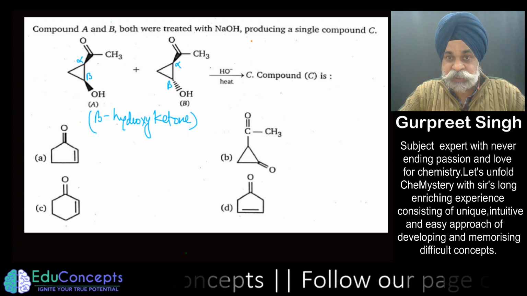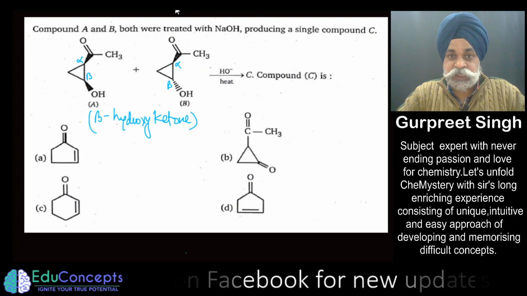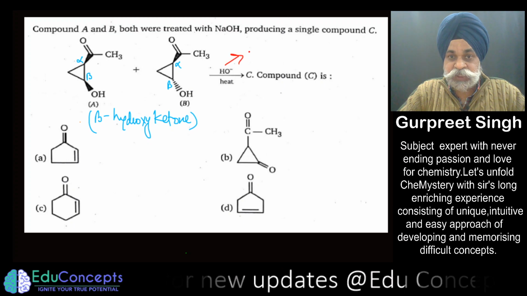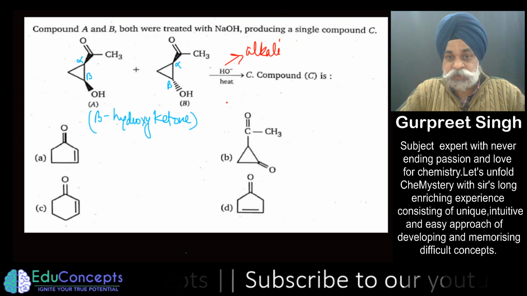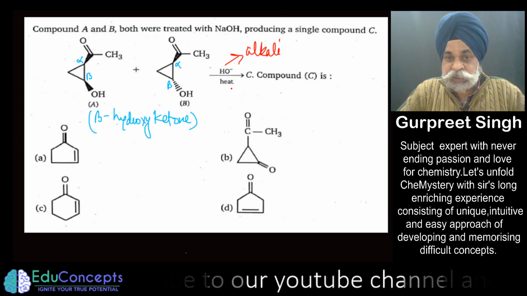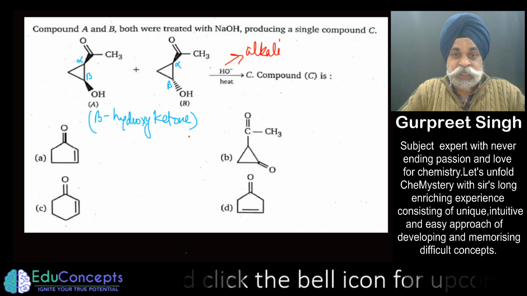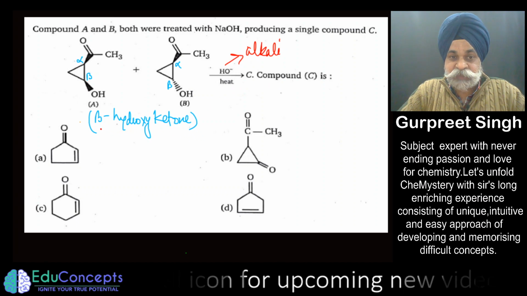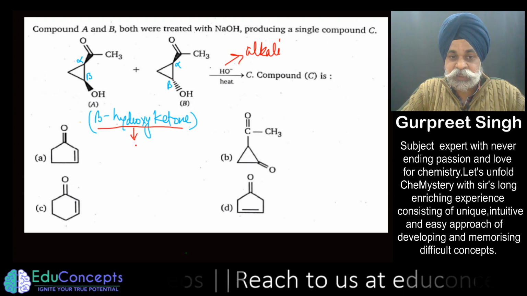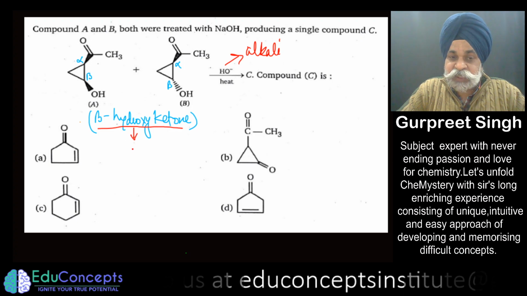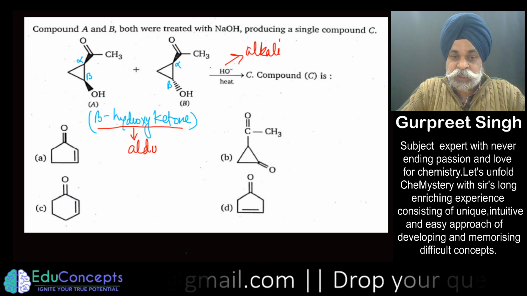And the second thing which you should focus on: what is the reagent being given to you. So the reagent given here is OH negative, that is alkali or basic solution. And along with it you have to heat it to get the product. Now let us see what exactly is beta hydroxy ketone. Beta hydroxy ketone, if you remember, is a self condensation product, which we call aldol condensation.